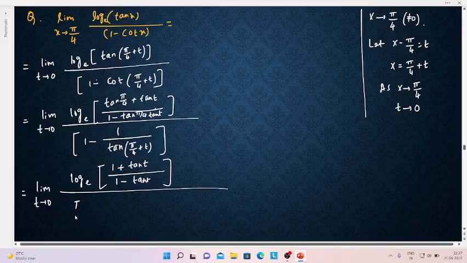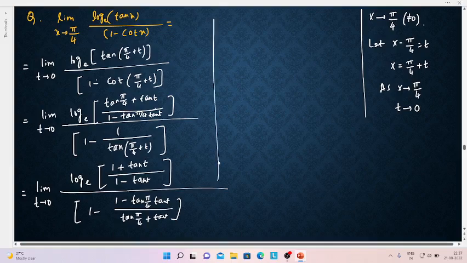Similarly, on the denominator we have 1 minus tan pi by 4 tan t over tan pi by 4 plus tan t, because 1 over tan(pi by 4 plus t) can be written as 1 over tan pi by 4 plus tan t over 1 minus tan pi by 4 tan t. And that particular denominator will be shifted towards the main function's numerator. So that will become